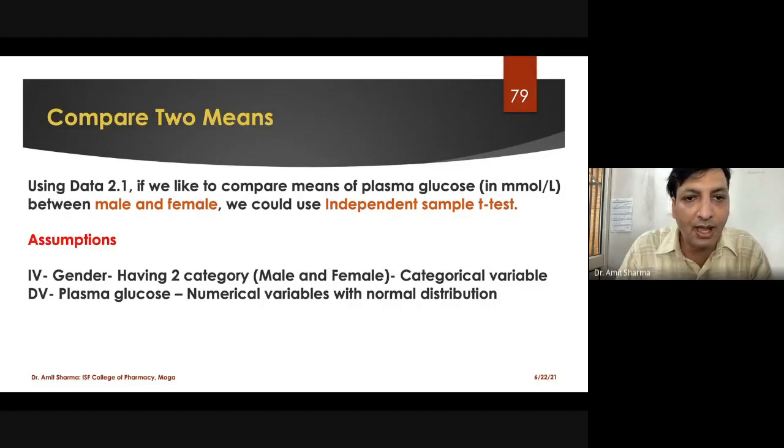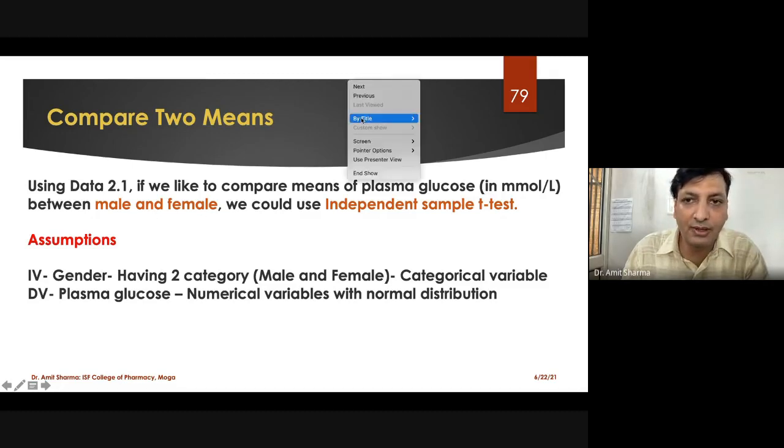I have taken one example for the same. For example, we wish to compare the plasma glucose level, which is given in millimole per liter, that's the unit, between male and female. That means we have two different groups.